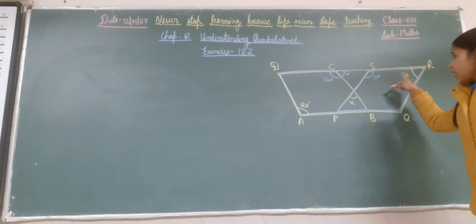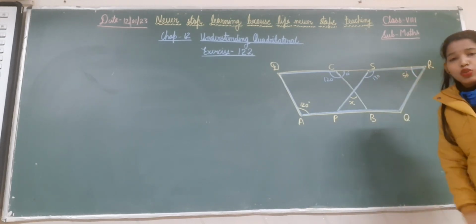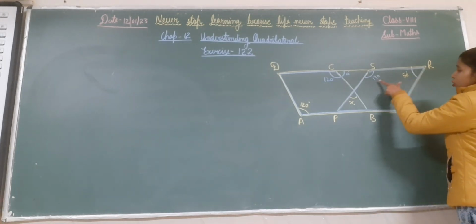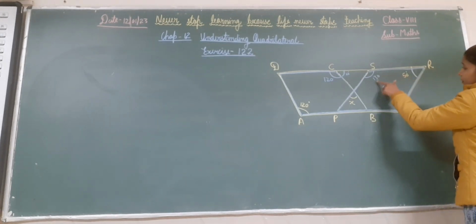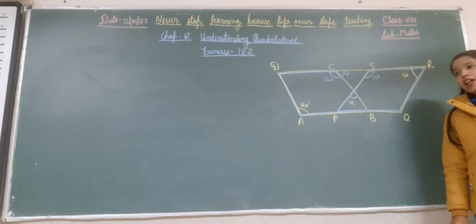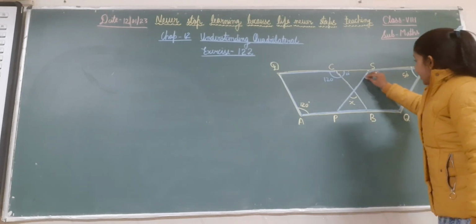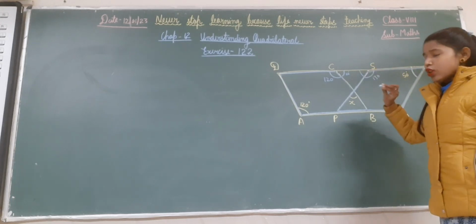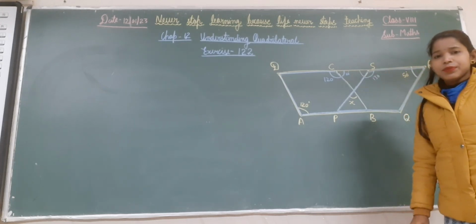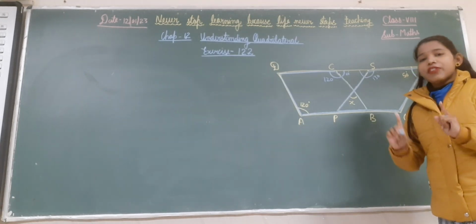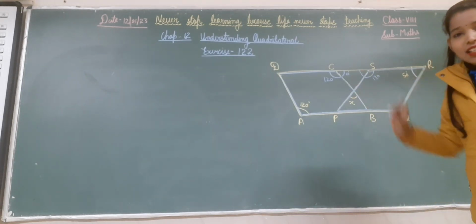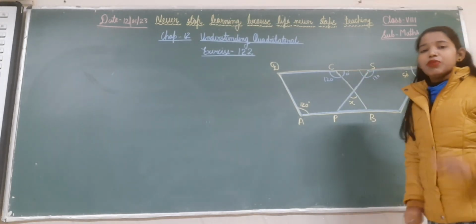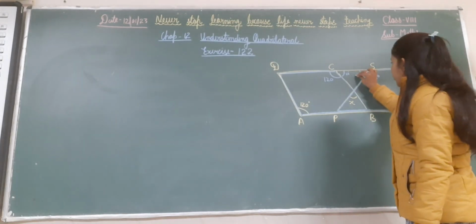Why? Because adjacent angles of the parallelogram are supplementary. So if this one is 50 degree, the rest will be 130 degree. तो ये वाला कितना हो जाएगा 130. And who will tell me, if this angle is 130, what will be the measure of this angle? Everybody knows, right class? Why? Because we know that these two angles are making a linear pair. So this one is 130, so the rest, that means 50 degree, will be the measure of this angle.